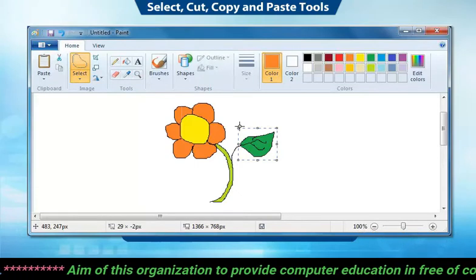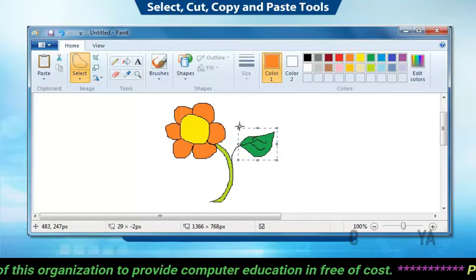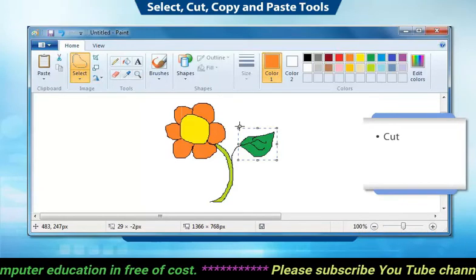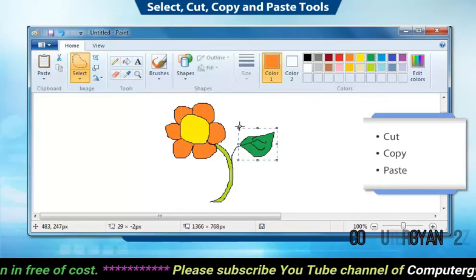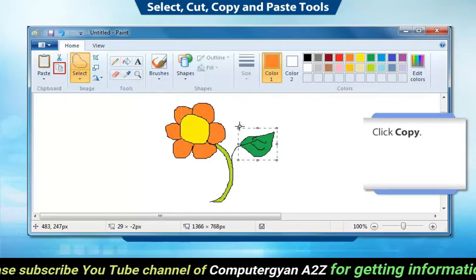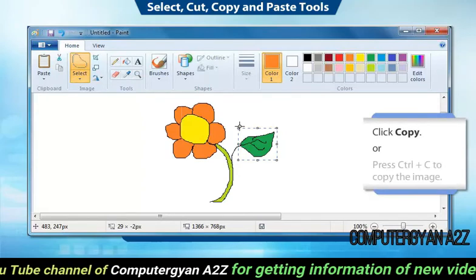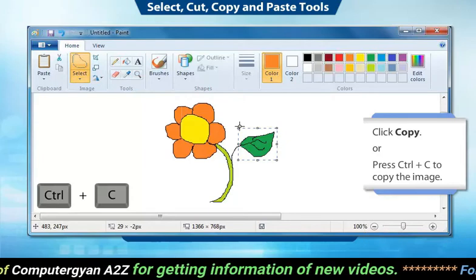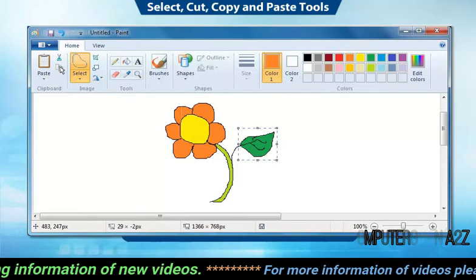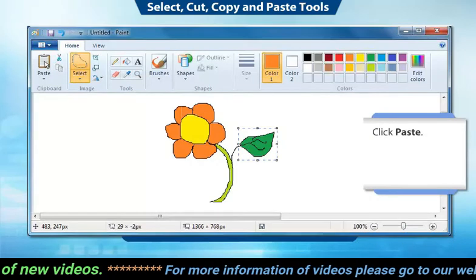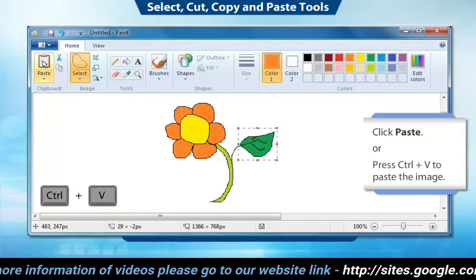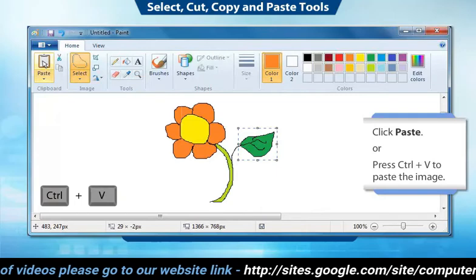After selecting the image, you can cut the image or you can take multiple copies by using the cut, copy and paste options. To copy the selected image, click the Copy option in the Home tab or press Ctrl+C on the keyboard. To paste the selected part of the image, select the Paste option in Home tab or press Ctrl+V on the keyboard.